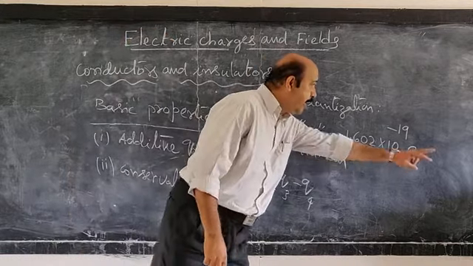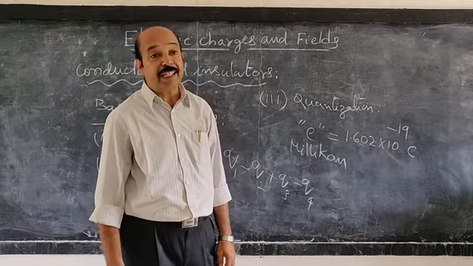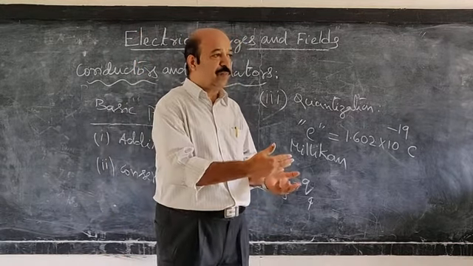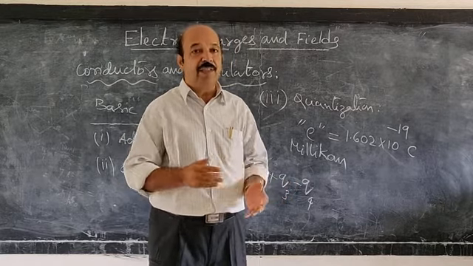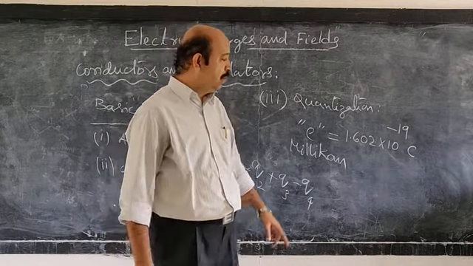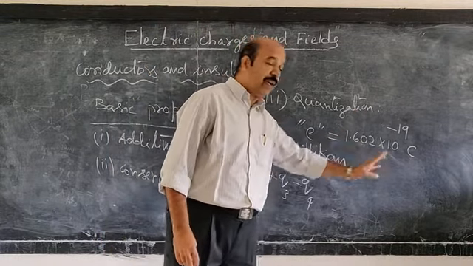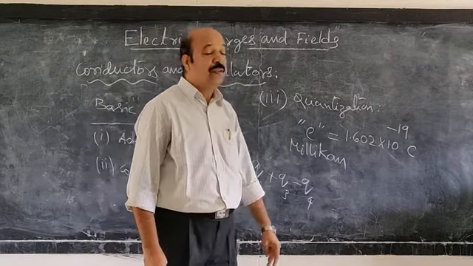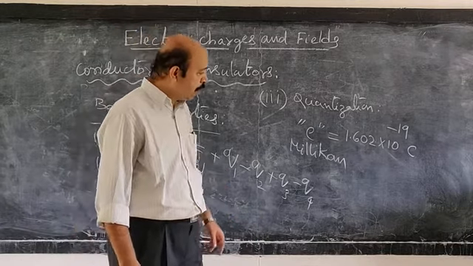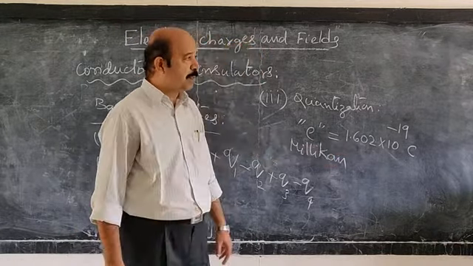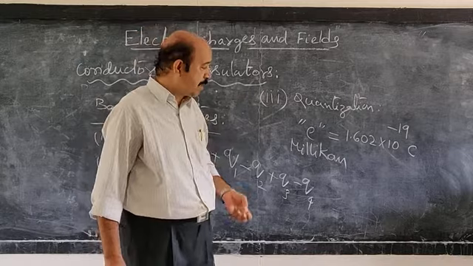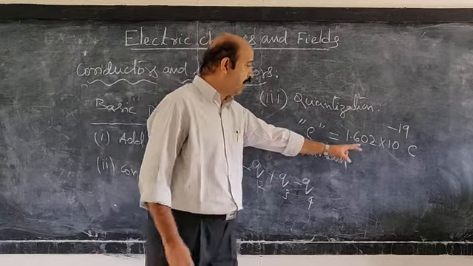Actually, that unit is to be defined in terms of electric current. So again, what is electric current? If 1 ampere current flows through a conductor in 1 second, the quantity of charge that has flown is said to be 1 coulomb. So in terms of electric current, we define the coulomb. Also, we can define the coulomb with the help of Coulomb's inverse square law. Let us discuss it later. So the charge present on an electron, which is the minimum value that any particle can possess, was found by Millikan and is equal to this much.